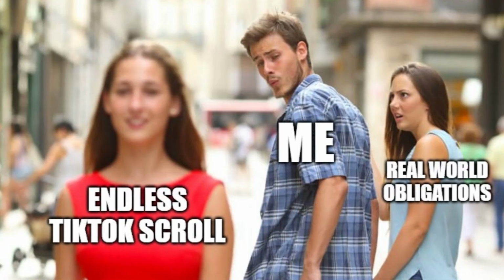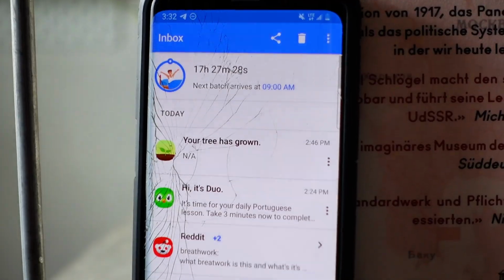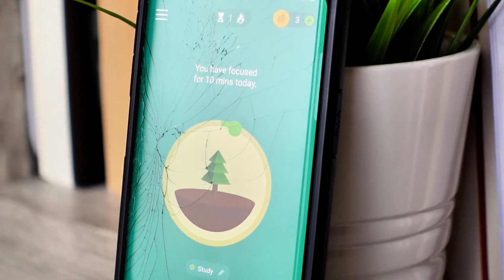Did it ever happen to you that you just want to quickly check something on your phone and whoops, you spent the last couple of hours scrolling TikTok, YouTube Shorts and co? Well, years ago that was definitely me, but over the last couple of years I discovered many methods and tricks how I could actually really lower my screen time significantly. And that is why in this video I want to show you my top 6 apps that actually help me to reduce my screen time so that I'm less on my phone and actually spend more time in the real